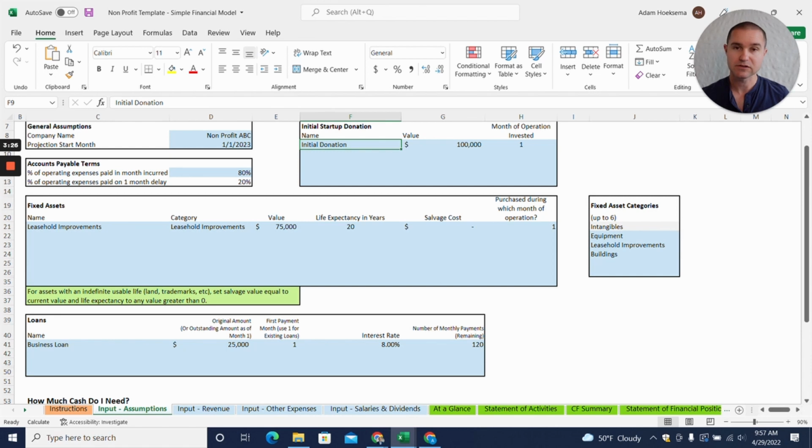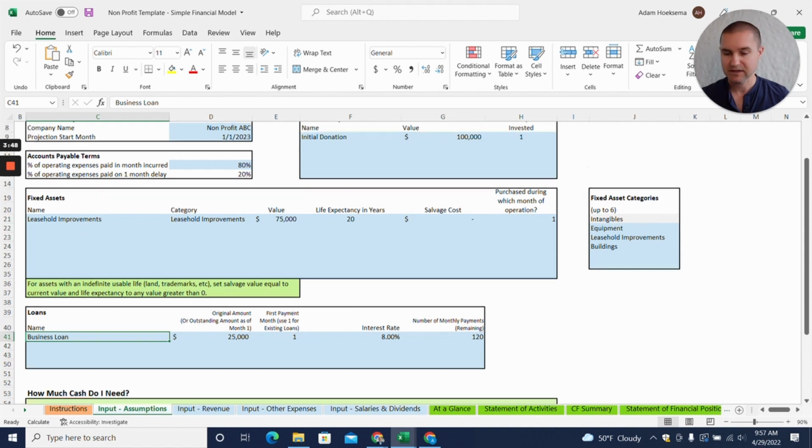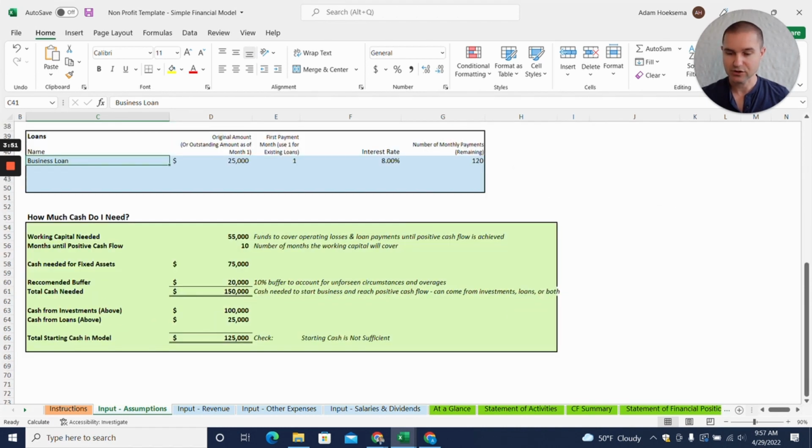So this could be leasehold improvements to an office. It could be furniture. It could be equipment that you might have. You can add business loans. So we've got a business loan here entered at $25,000 at 8%, along with that $100,000 initial donation. With our $75,000 of leasehold improvements for your office space, you can see down here that it'll show you,